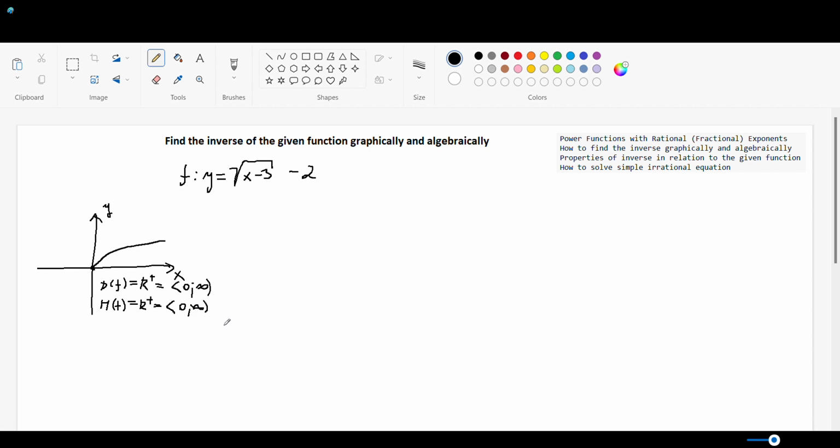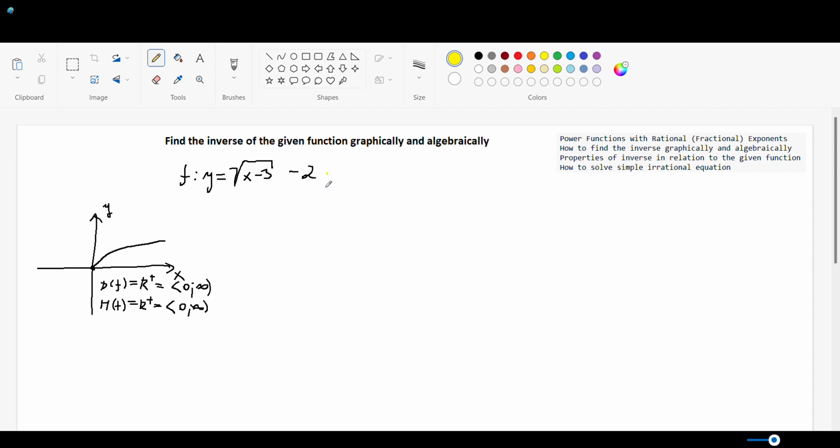Okay. So, if you look at our given function, we already know that there will be two transformations. The first one will shift our function 3 units to the right, and let me just highlight it. So our function will be moved or shifted 3 units to the right. And the second transformation is hidden inside this notation, and it says that our function will be moved or shifted 2